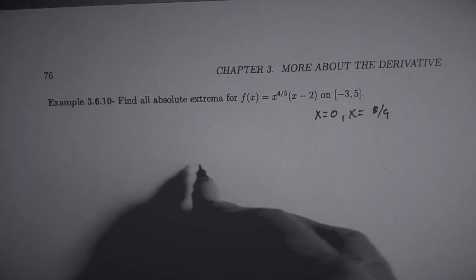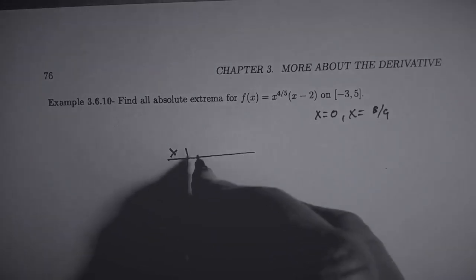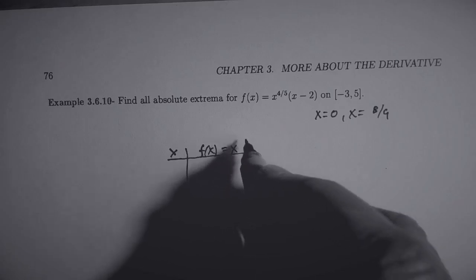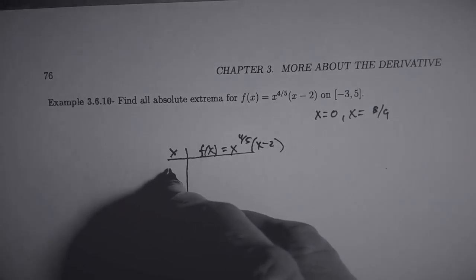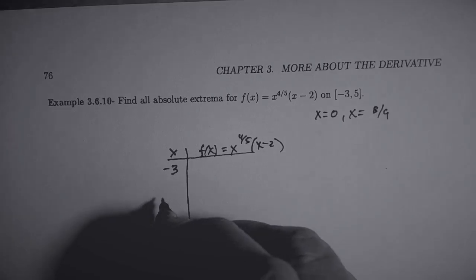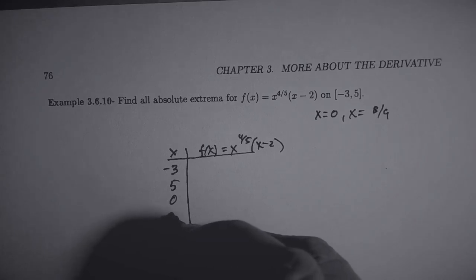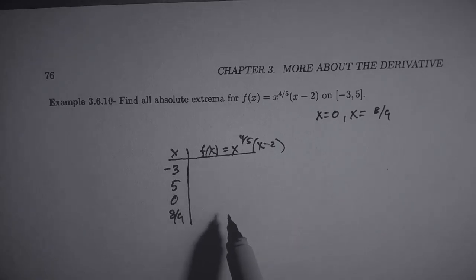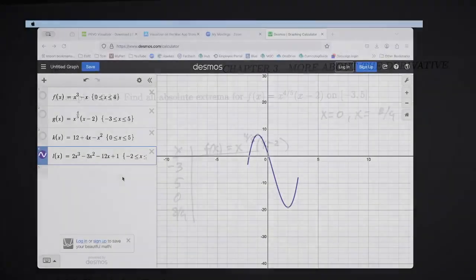If I calculated the function at the endpoints, -3 and 5, and at the critical numbers, 0 and 8/9, the max and min has to be among these 4 function values. Let's see what those are. So I've got